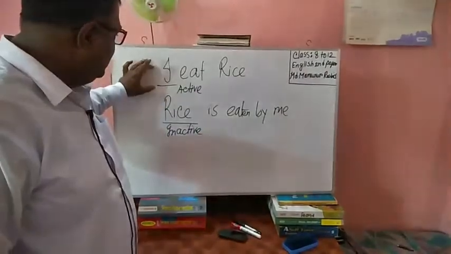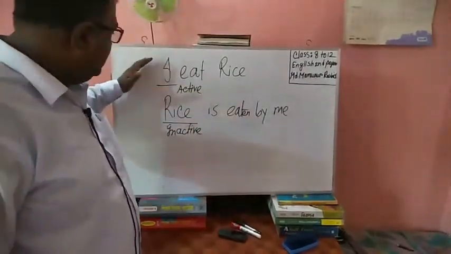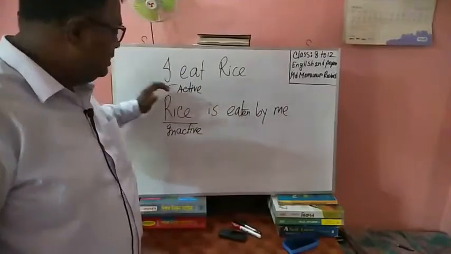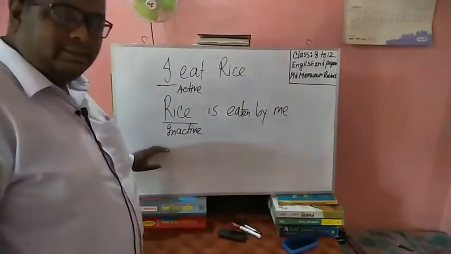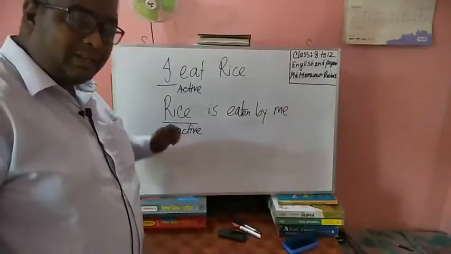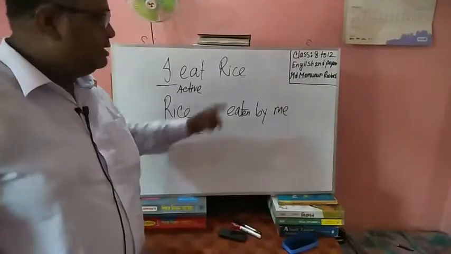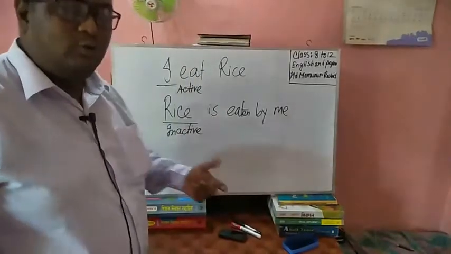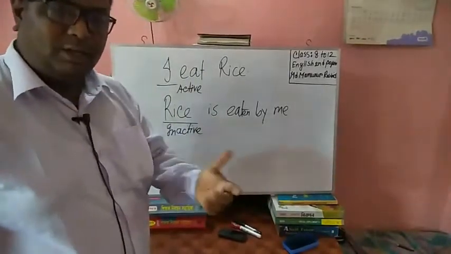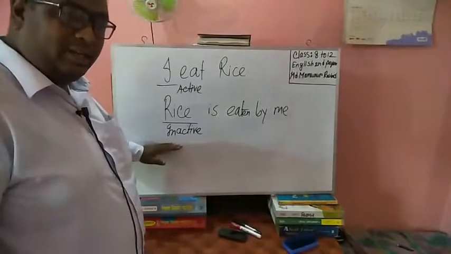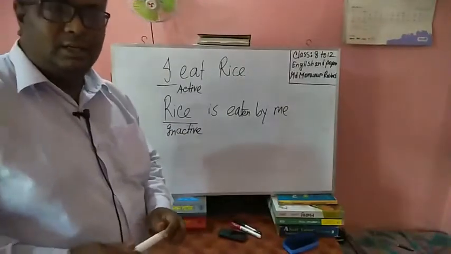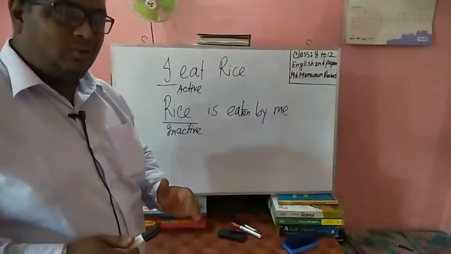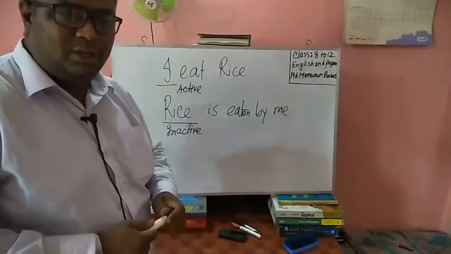Here I myself, অর্থাৎ এখানে I নিজেই করতে পারতেছে, that is active, and here rice is inactive in that sense. Rice cannot eat rice. ভাত কি ভাতকে খায়? No, মানুষ ভাতকে খায়, আমি ভাতকে খাই, তুমি ভাতকে খাও. So here rice is inactive. So I think you can guess what I am going to teach today.